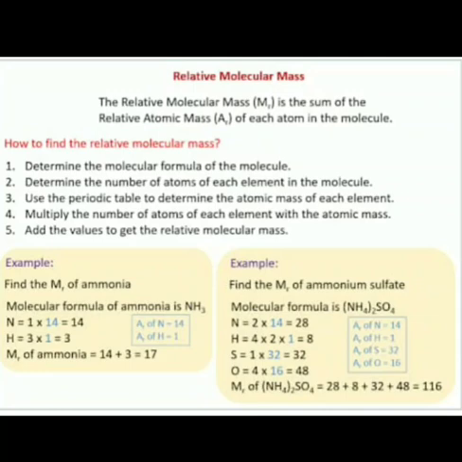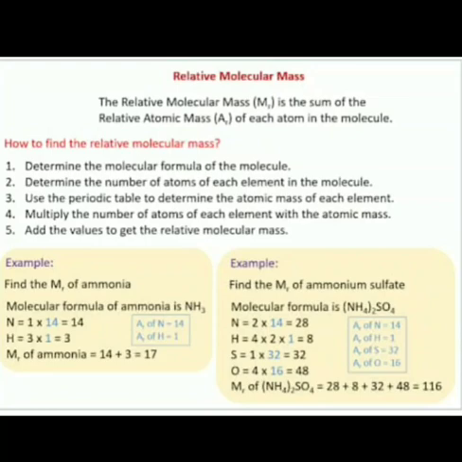So here, then after you multiply with that atomic weight, nitrogen 2 into 14, that equal to 28. Then after hydrogen, that equal to 8 into 1, that equal to 8. Then sulfur 1 into 32, that equal to 32. And oxygen 4 into 16, that equal to 64. Then you add the value, you find out the relative molecular mass of ammonium sulfate, that equal to 132. So in this way you have to find out the relative molecular mass of the molecule or the compound.